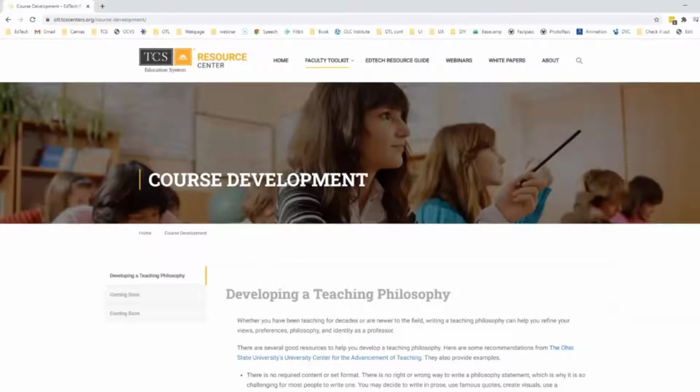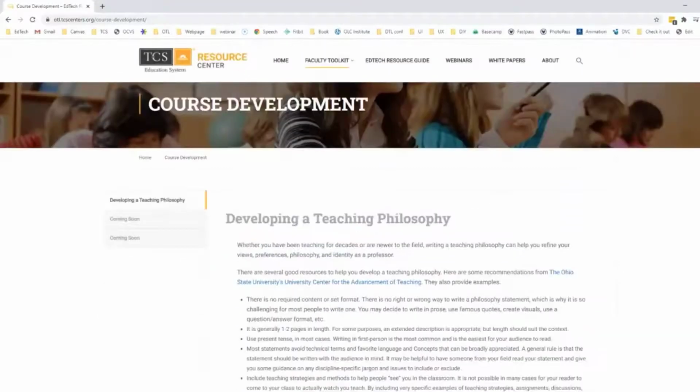Another part of the faculty toolkit that we will want to focus on is course development. This is still a work in progress, especially for our on-ground faculty. And for any faculty who don't have direct access to an instructional designer at all times, we want to give you the best resources, methods, and procedures for course development. And so all of the tools that you'll need, we're hoping to build that out so that we can have awesome courses and that you don't have to start from scratch. You might take SME 101 if you're at the Chicago School, and TOPS or Insights if you're at the Chicago School or Saybrook. There are a lot of resources, and we want to build on that.